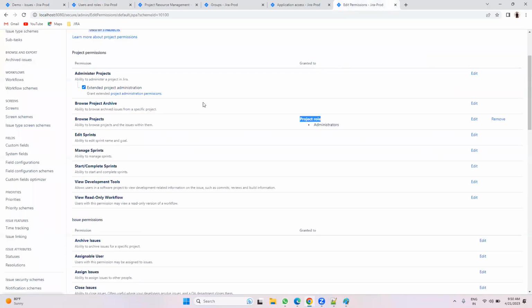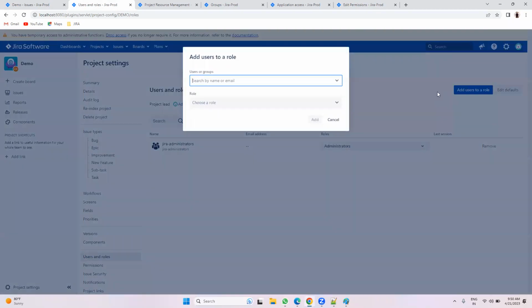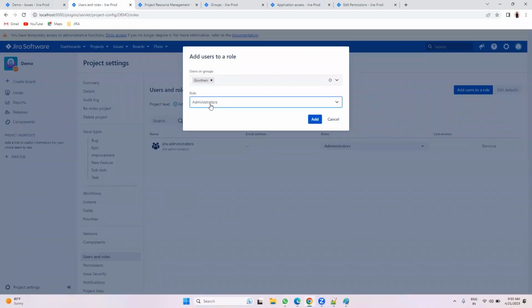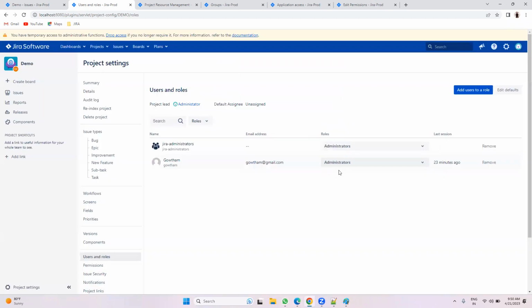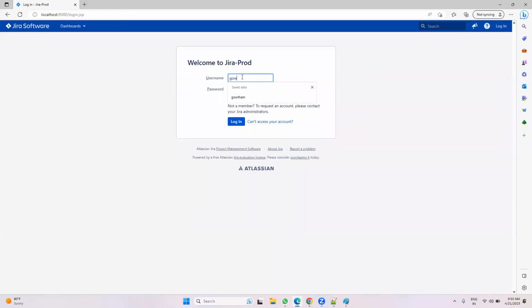The project role, browse project permission, is given to the administrator people. The administrator role has permissions, right? So this administrator has the Jira administrator, so the Jira administrator can access all of this project. Now add a user here, enter Gautam, then add in the administrator role. Now the administrator role has the browse project permission. But I'm adding Gautam into the demo project roles only. That's why, whenever we log in, this is Kumar's account, I think, right? Let me join Gautam